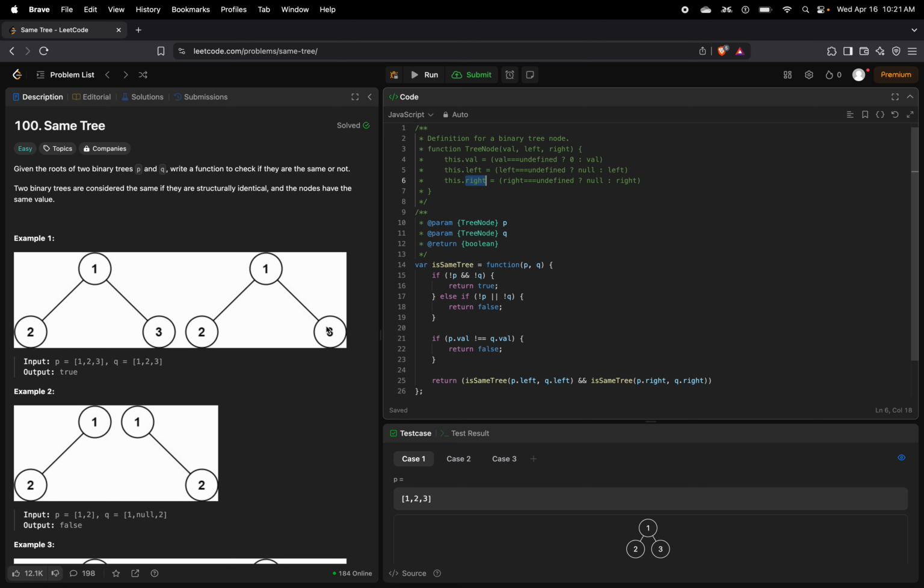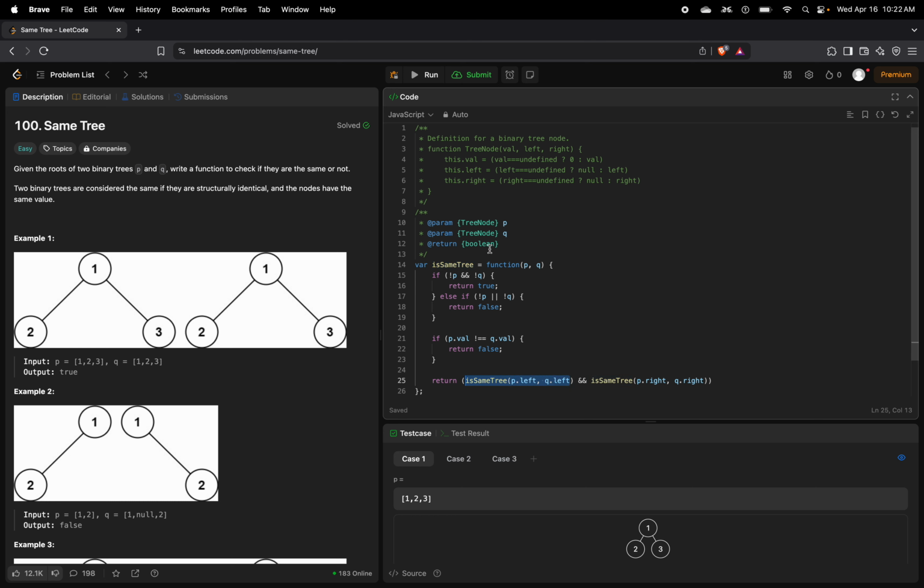Essentially what we're doing, and you can see this, the first time around, it's going to be the root node. So P and Q, root node, 1 and 1. So if it's not P and not Q, which means if it's null, then it'll return true. So obviously it's not null, so skip that. If there's not a P or not a Q, then it'll return false. There is a P and a Q, which is this node and this node, or this tree and this tree representative. And then we'll dive into this. If the P.value is not equal to the Q.value, then we'll return false. These are obviously equal, so we'll continue, and then we'll return this recursive statement, which says is same tree, which